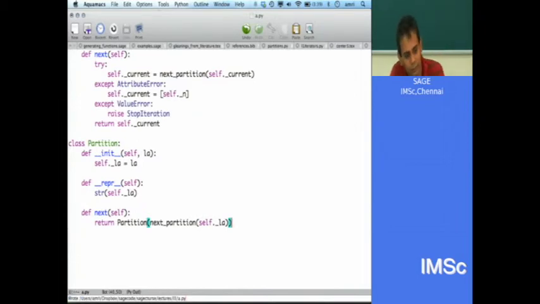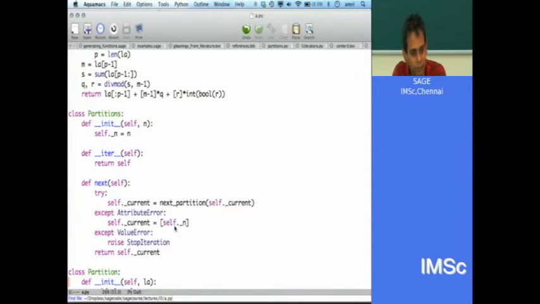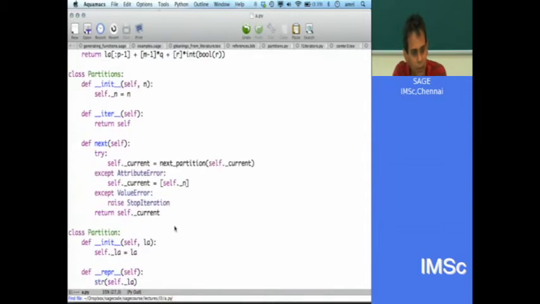Okay, and then here, so we have our class partitions. So I think now we could do here self.current.next.